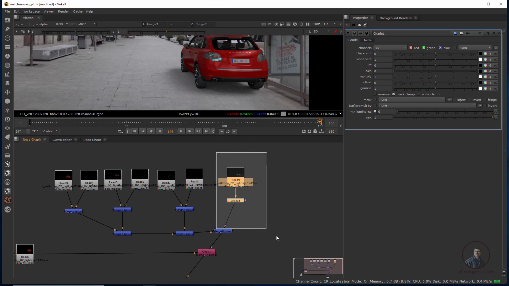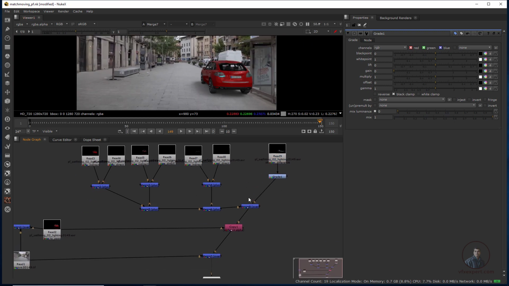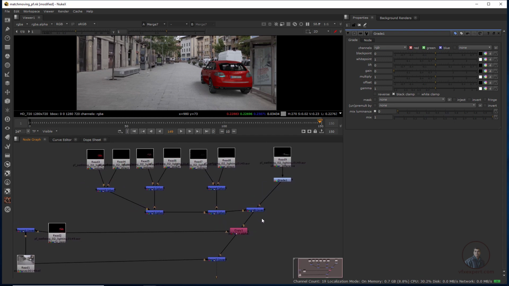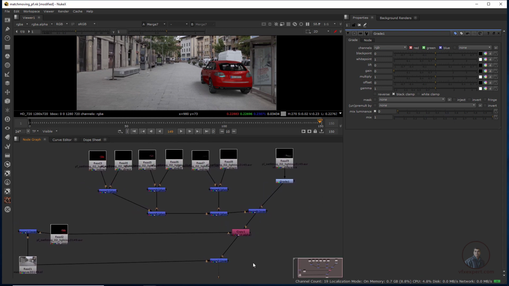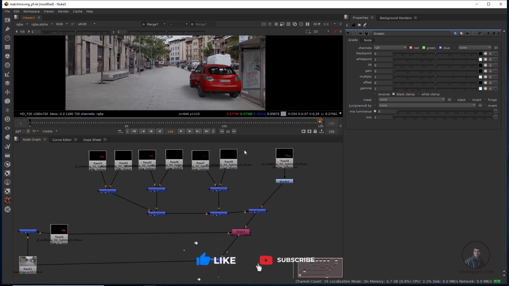Okay, so this is our shadow pass. If you want, you can use it, otherwise leave it. This is not important. So I have still composed this pass. Okay, now finally till here we have successfully composed all our render passes in our final scene. Now if you want to adjust anything, you can simply adjust with the help of any color correction or enhancement node. You can enhance your scene.